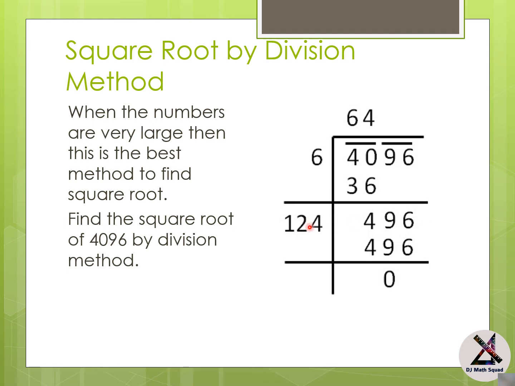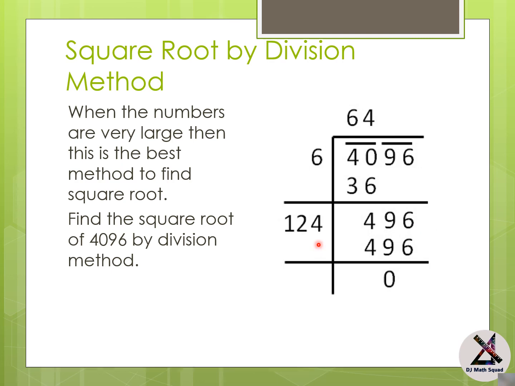Then please be careful. In the next step, the digit which was here, which is 6 only, we make the double of that, which is 12. Right? Now only 12 is here, and we have to think in our mind that we have to add one more digit here, and you have to multiply by the same digit. Like suppose I am taking 4 here, so I will do 124 into 4. If I would be taking 2, I have to do 122 into 2. Like that. And then I have to see whether I am getting the same number or not.